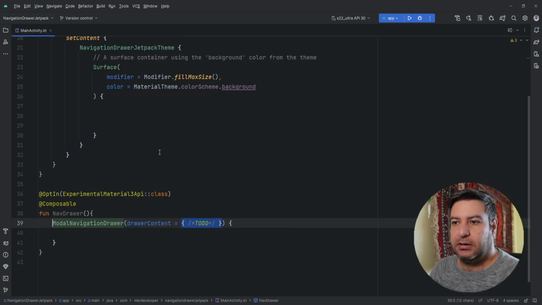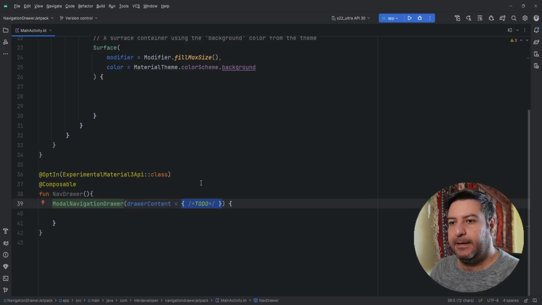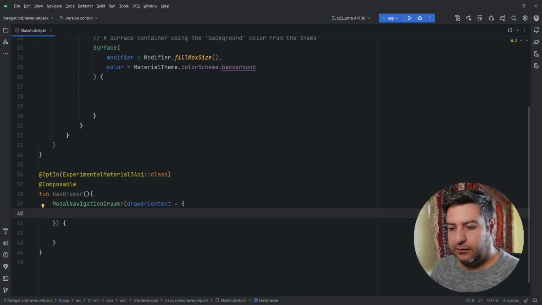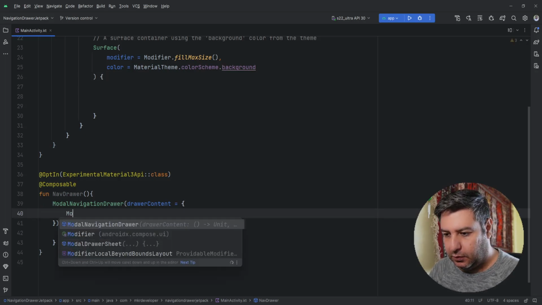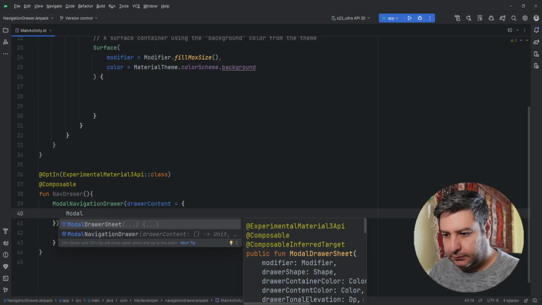Let's add this up here, and as the drawer content we have to create those functions that I was talking about. So here let's start with having a modal drawer sheet,